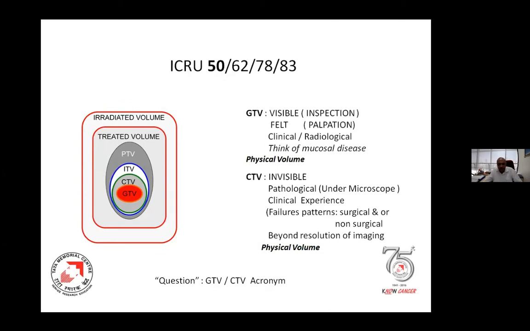Okay, so they gave the concept of these target volumes. And what are they? They gave the concept of GTV, CTV, ITV, PTV, treated volume, and the irradiated volume. As you can see, this is the smallest one. As you go on increasing, it increases proportionately. To that extent, between the gross tumor and the irradiated volume, the differences can be even 5 to 10 times. Okay? But let's concentrate on gross volume.